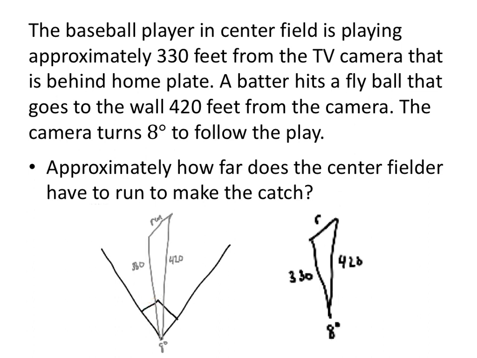What I want to know is approximately how far does the center fielder have to run in order to make the catch? Well, I have this baseball set up and some things labeled, but really I want to pull this triangle out. 330 is the distance he played. 420 is the distance the ball went to the wall. 8 degrees, the amount of rotation. How far did he run? Notice R squared across from my angle. And I have the law of cosines to tell me